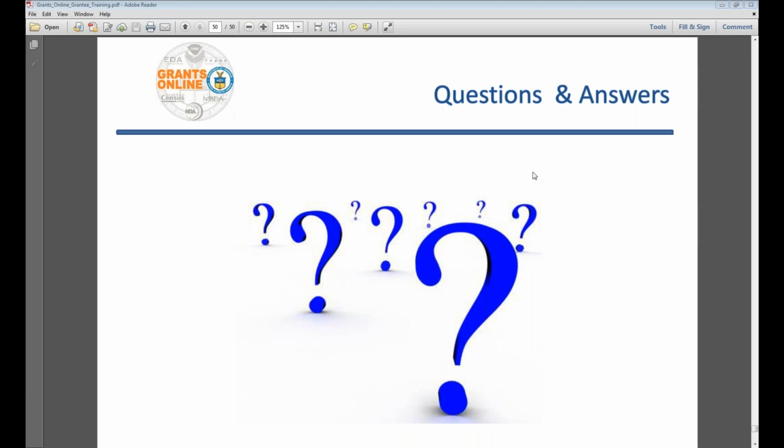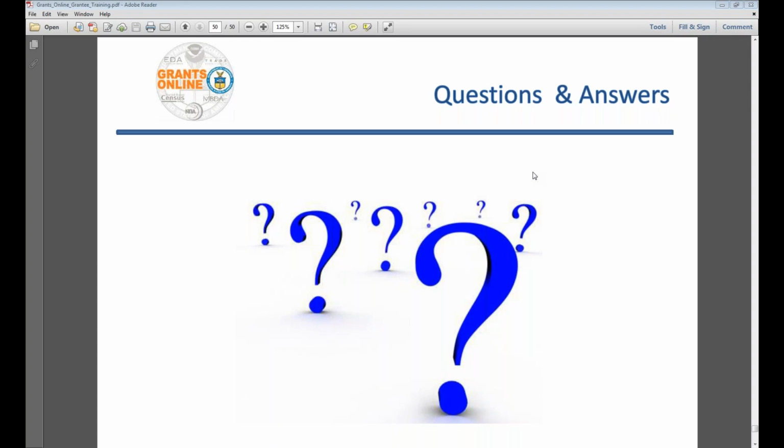That's a good question. EDA approves the change when that award action request is submitted, because the award action request for a change in PI is actually submitted to the project officer. You have to approve that request before the recipient administrator actually goes into the background to make the change. One thing I didn't show you when I was doing the change in PI, I didn't show you the complete